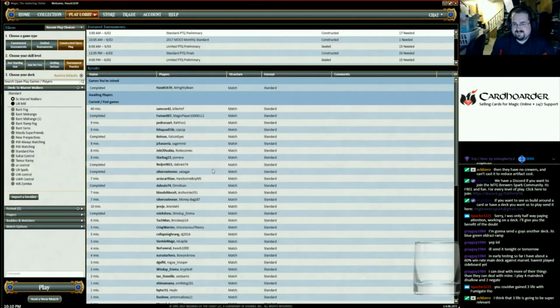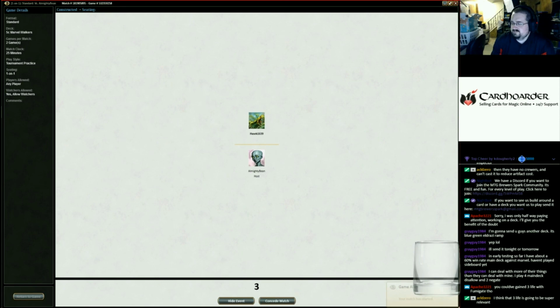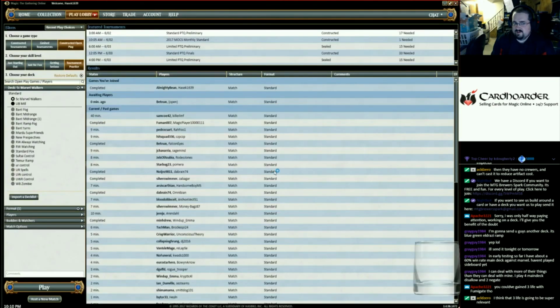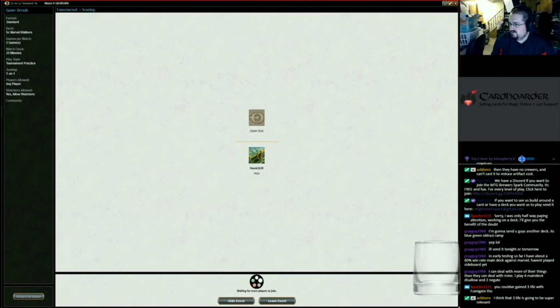Oh. That felt good. Oh, we're playing him again? I don't want to play him again. I don't want to play our opponent again. Sorry, bud. You're a nice person, but... So...